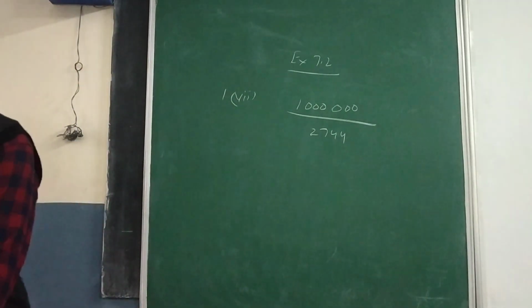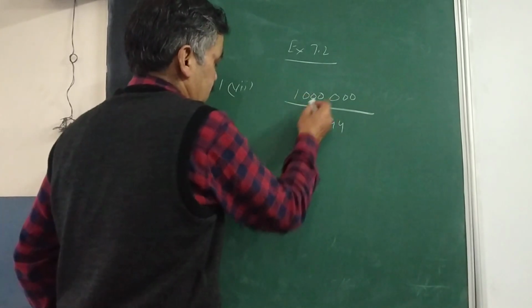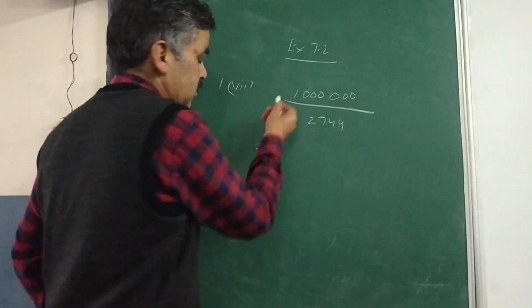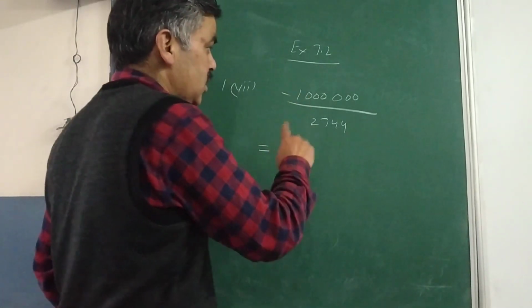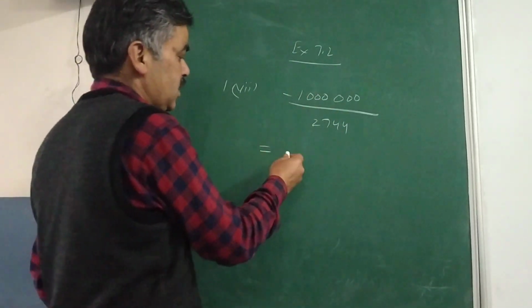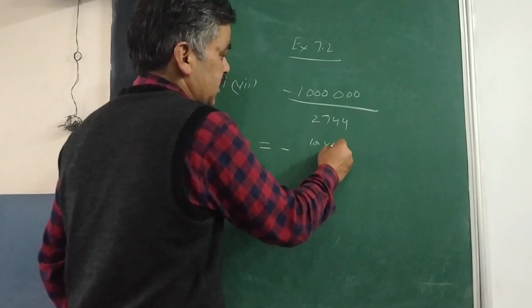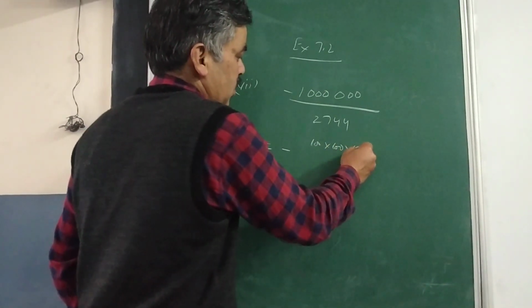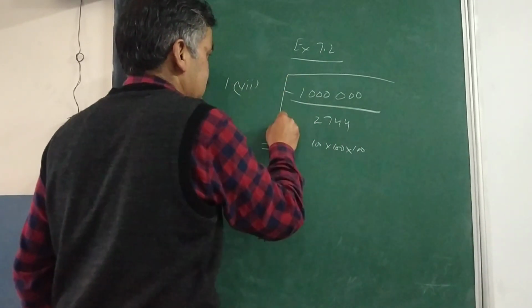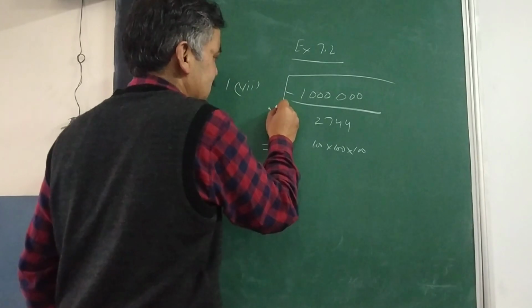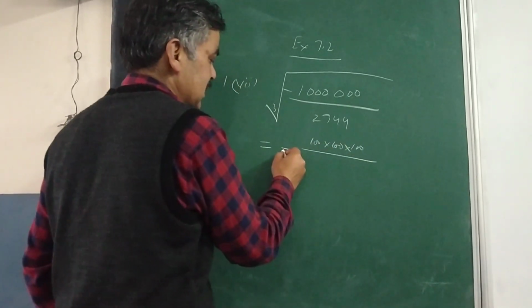So better when you are going to find the cube root of this, 10, 6 zeros. This is with negative sign, so your cube root will always be in minus. Cube root of minus is always in minus. So if you will multiply 100 3 times, 100 into 100 into 100, now you have to determine the cube root of this. Cube root of this means third root. So 100 into 100 into 100 with minus sign.